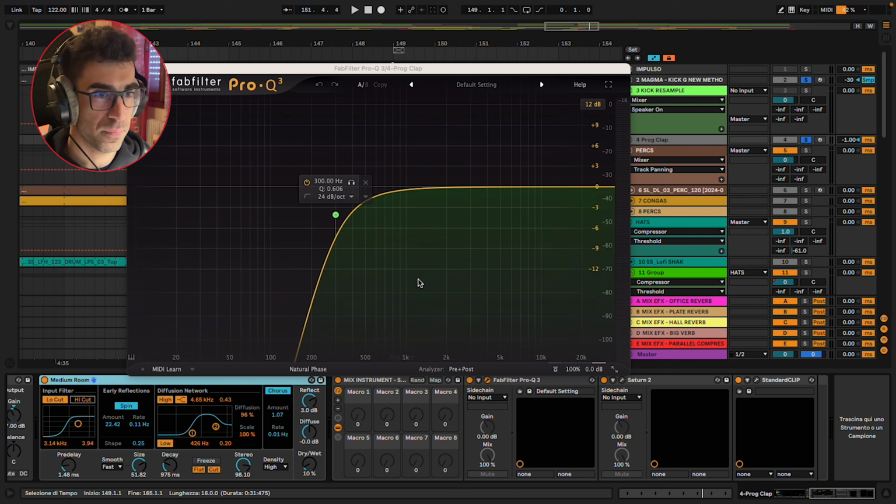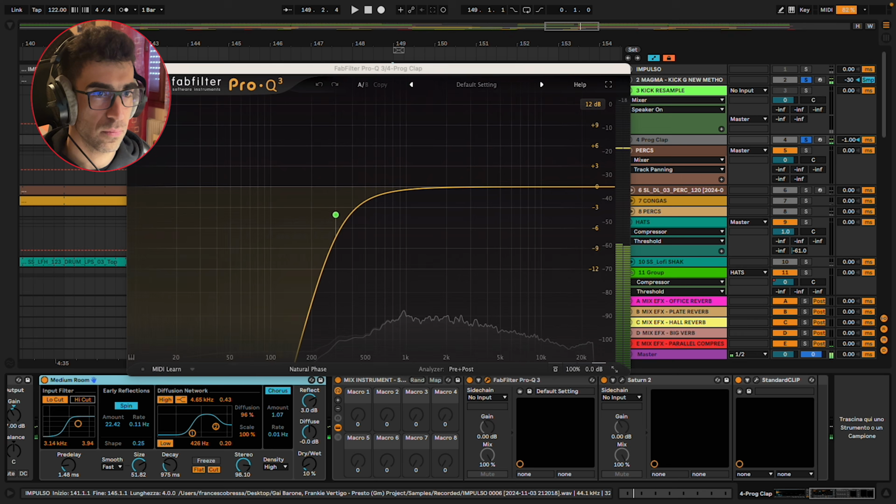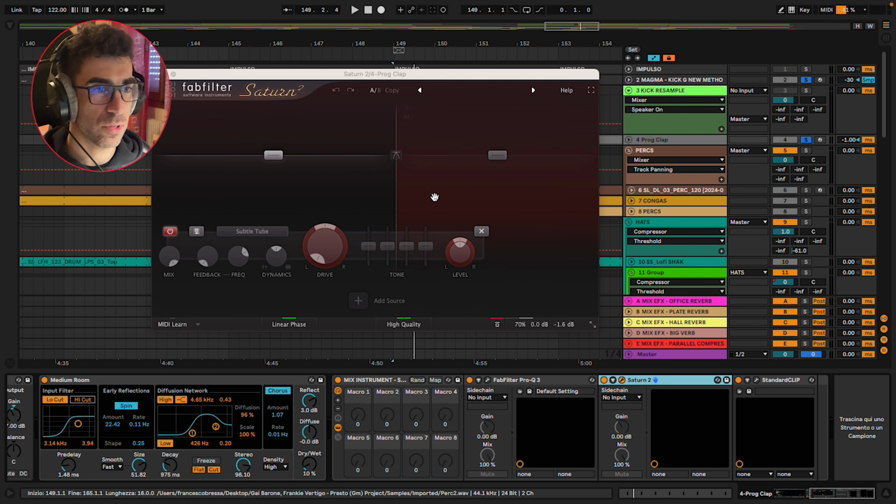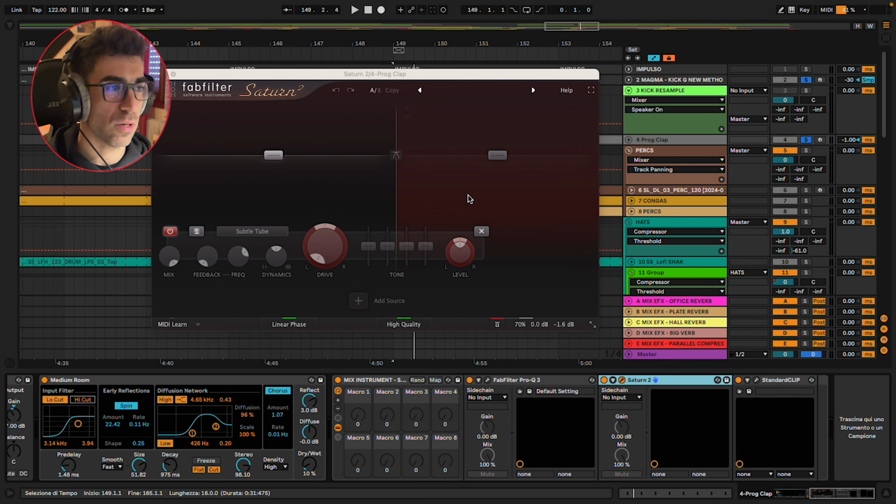Once again, EQ, big low cut here. Saturn, wonderful saturator from FabFilter. I tend to use this a lot on snares, claps, and also on hi-hats sometimes. And the idea is just giving the claps the presence they need, without turning up the volume actually, but just working on those frequencies, making it a bit more crispy and yeah,